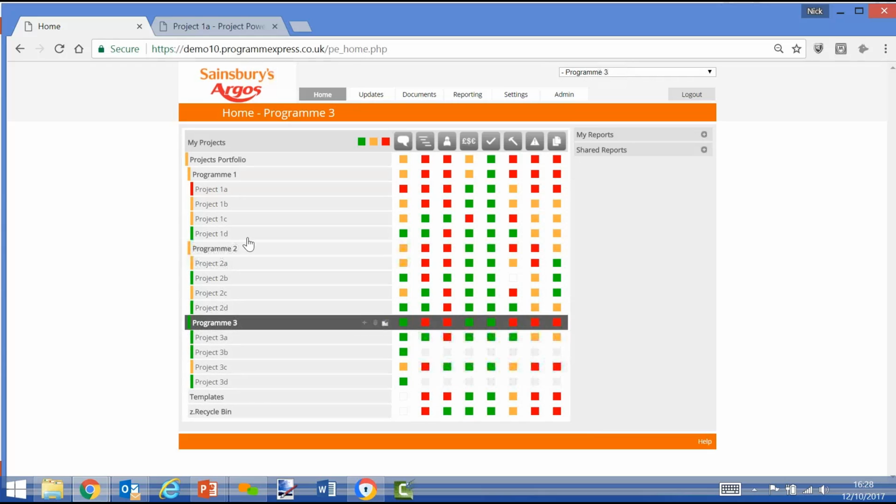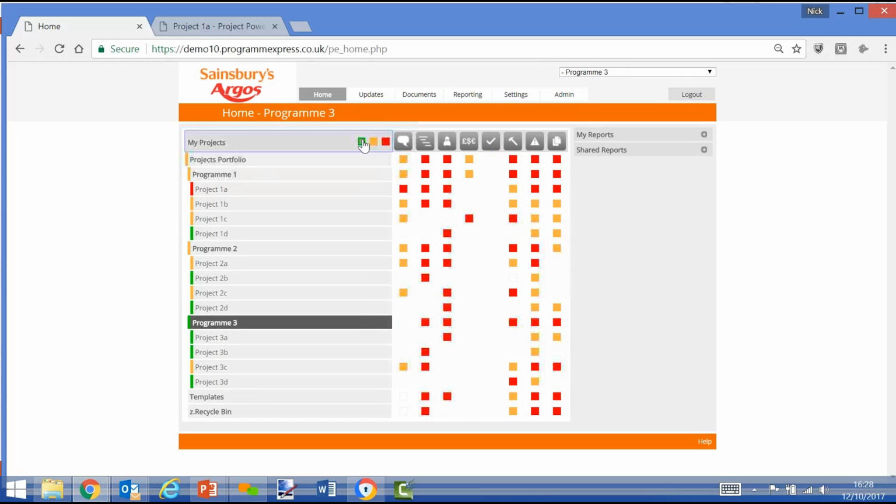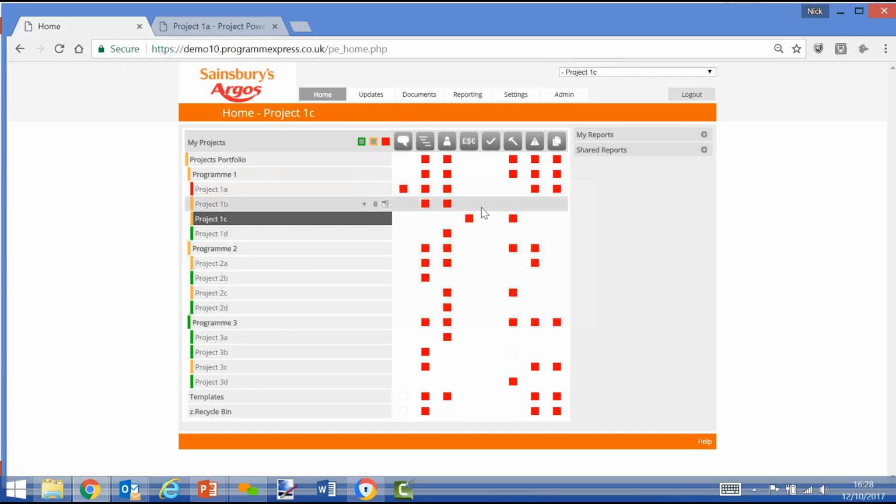Again, they can view all projects and they can view all modules. They might be drawn to the reds, so we could filter out the greens and filter out the ambers, and we can start to see where the problem areas are. An example, Project 1C has a problem area in terms of